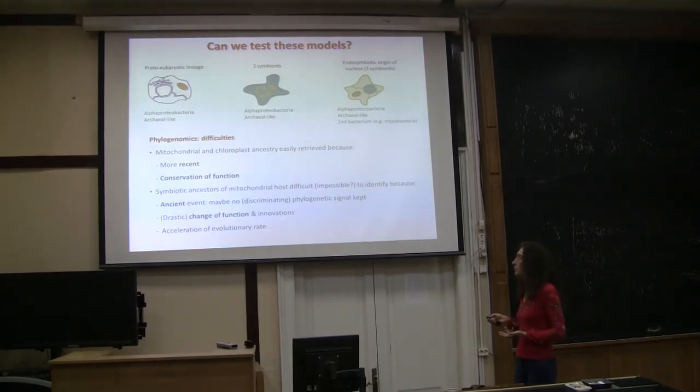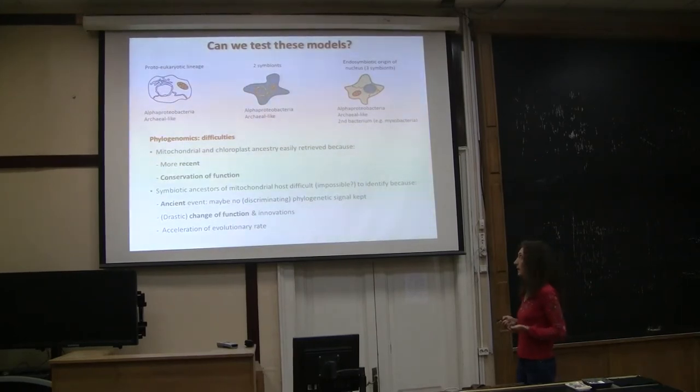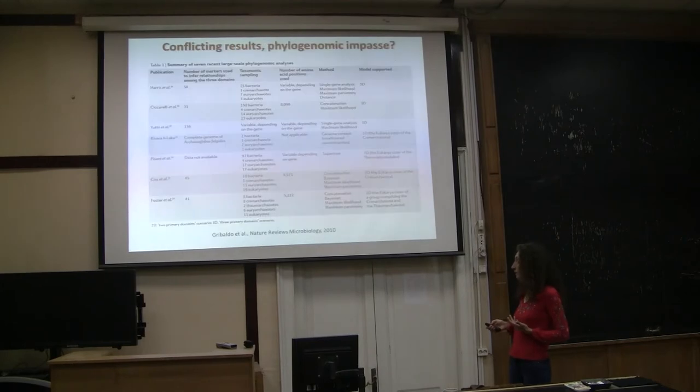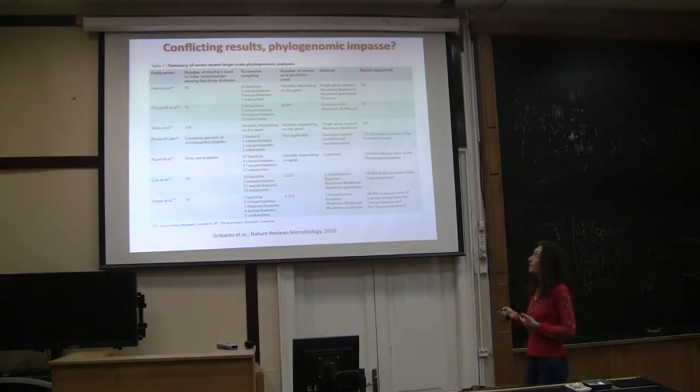This implies an acceleration of evolutionary rate in the genes of the hosts, so that retrieving the true ancestry of the host might be much more difficult from a phylogenomic point of view. And this explains why many different studies using different archaeal and eukaryotic genomes